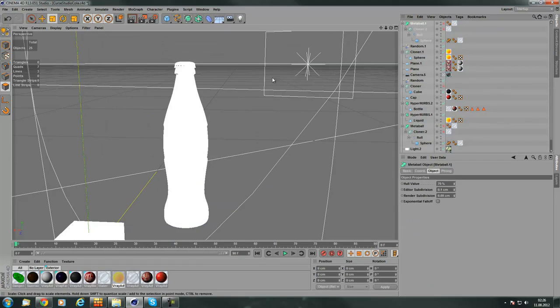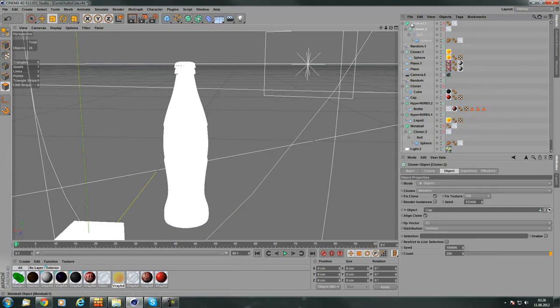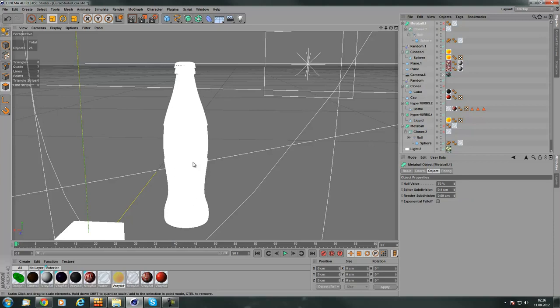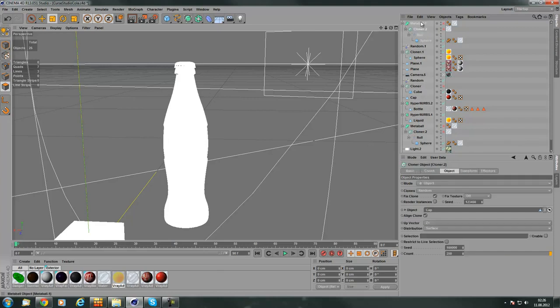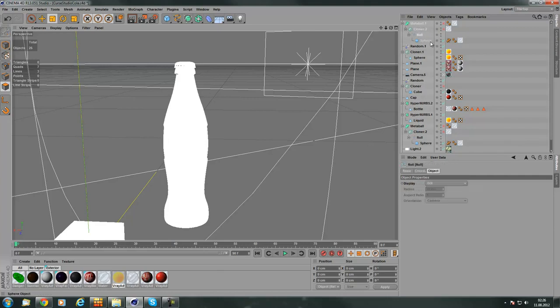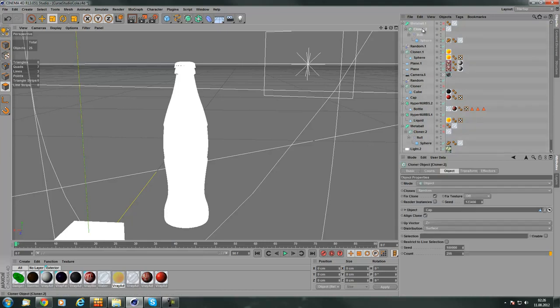The meta ball is basically there for all those water drops on the bottle and also on the cap. So what I did, I took a meta ball, dropped in a cloner object, and then a null, and then a sphere, and I applied the meta ball tag to the sphere and changed the radius to 5 cm and the strength to 100 cm. In one cloner object I have the cap selected, and in the other cloner object I have polygon selection, so this is the rest of the bottle, and I set the object to the bottle and a count of 9000